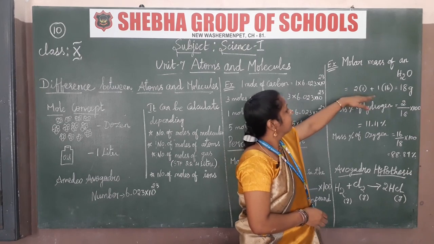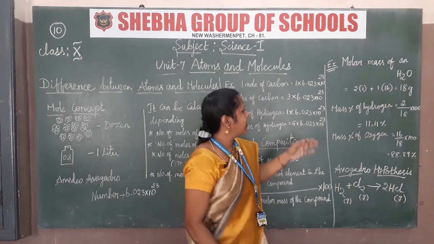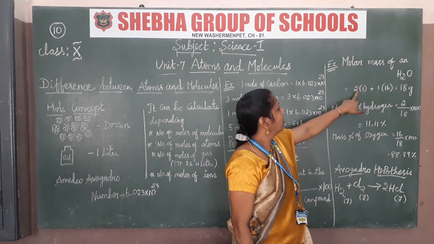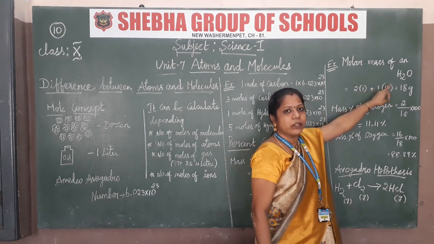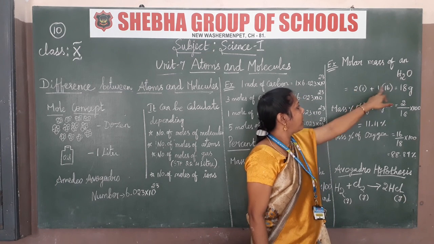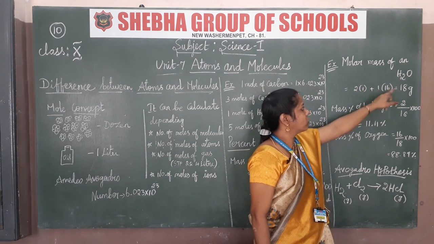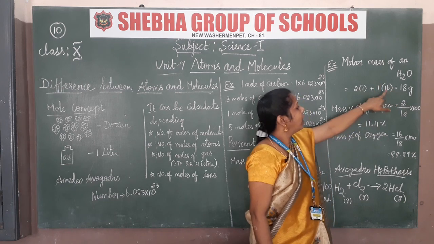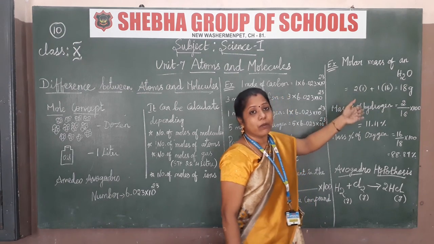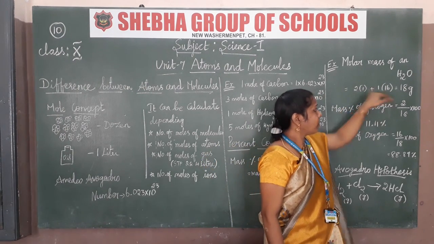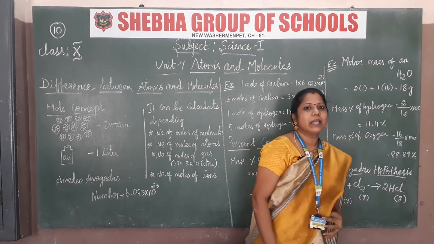So first of all we find out the molecular mass. Molecular mass concept you already learnt in the previous classes. The same way we can use 2 into 1 plus 1 into 16. That is, 2 means hydrogen atoms are 2, and 1 is the atomic mass for hydrogen, plus 1 for oxygen. So oxygen only 1 atom is there, and 16 is the atomic mass for oxygen. I have written this for you in a single line. That is the difference, but both are the same. So the value is 18 grams.